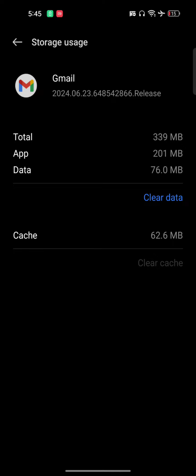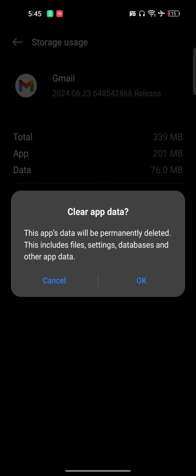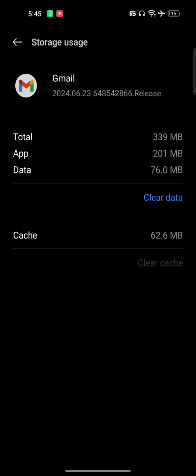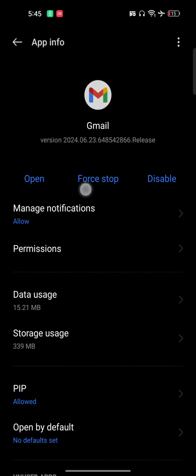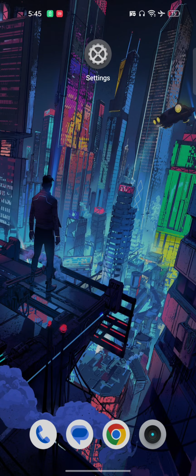And this is very important. If you clear your data, make sure that you have to re-log in to your Gmail. But if you clear your data, 100%, it will fix your problem. Another solution, you can just force stop and try to reopen your Gmail and it will work